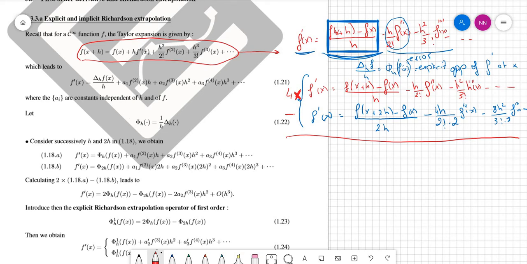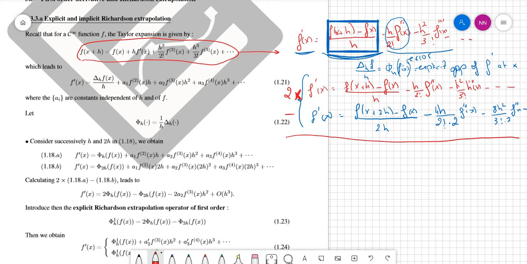It's minus 4h. Then if we subtract the second equation, it will be minus 4h over 2 f double prime from the first one, minus, yani, plus 4h over factorial 2 times 2 f double prime. Sorry, I made a little mistake. I will multiply by 2, not by 4. Okay, so if we multiply by 2, so we will have